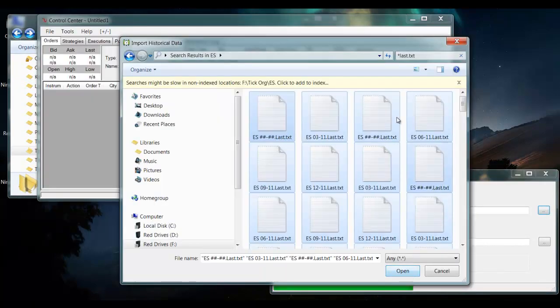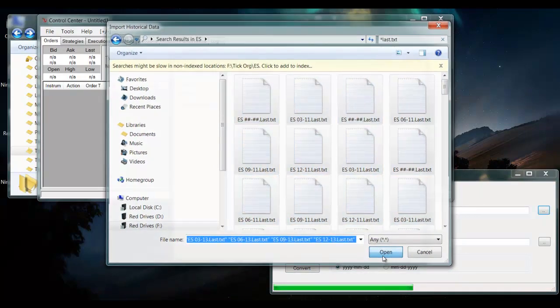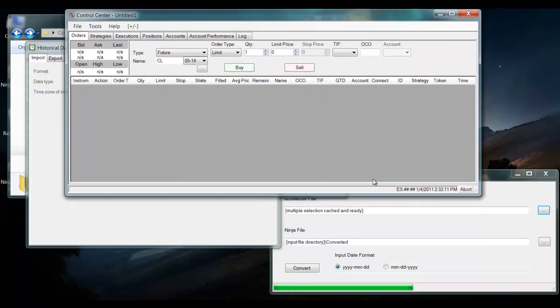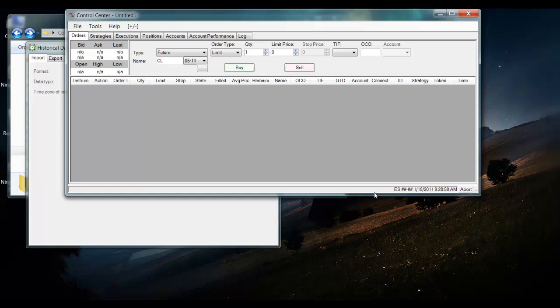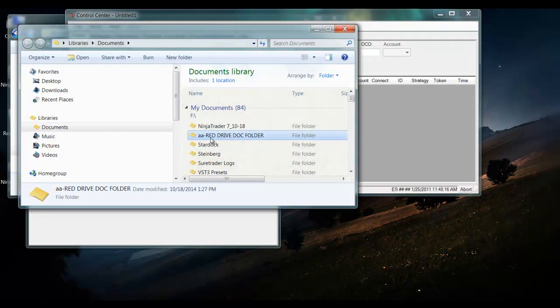All right, so back to that last step again of importing the files. Once you highlight them all, just hit the open button and the importing process begins. Now, the way to keep track of progress on this is NinjaTrader does have this little status bar down here, and it tells you what it's doing. Now, I'm importing like 3 years at a time, so it's going to take a really long time, because essentially what it's doing is creating these NTD files, and I believe, let's have a look at the files in the NinjaTrader folder again,